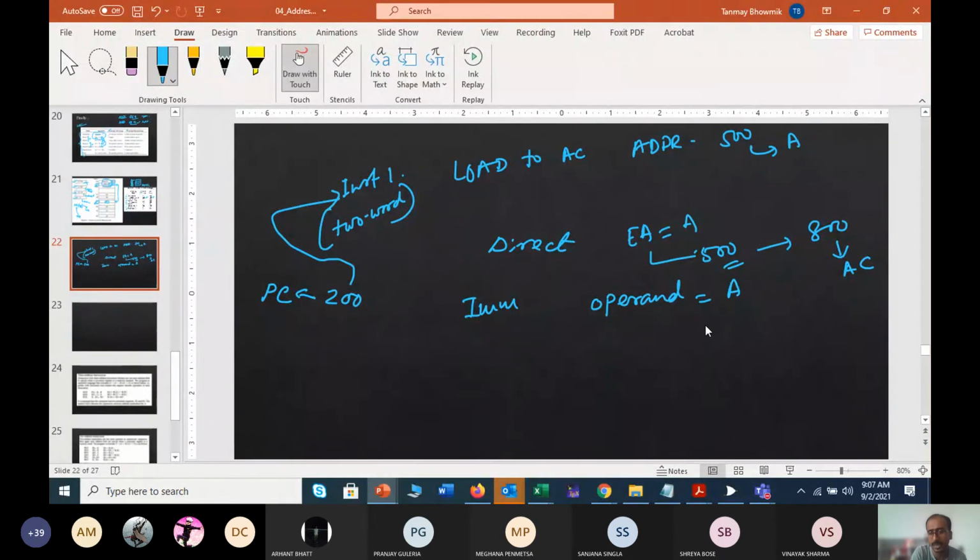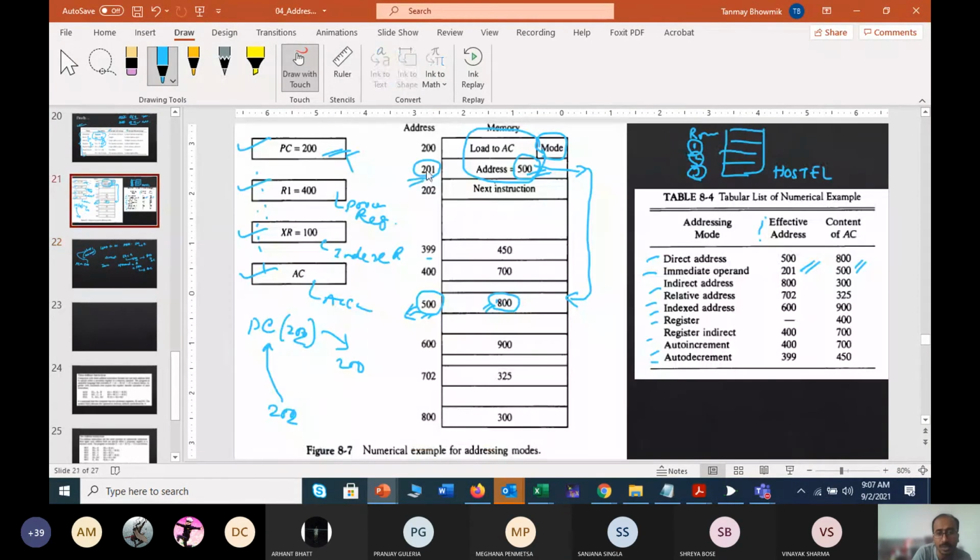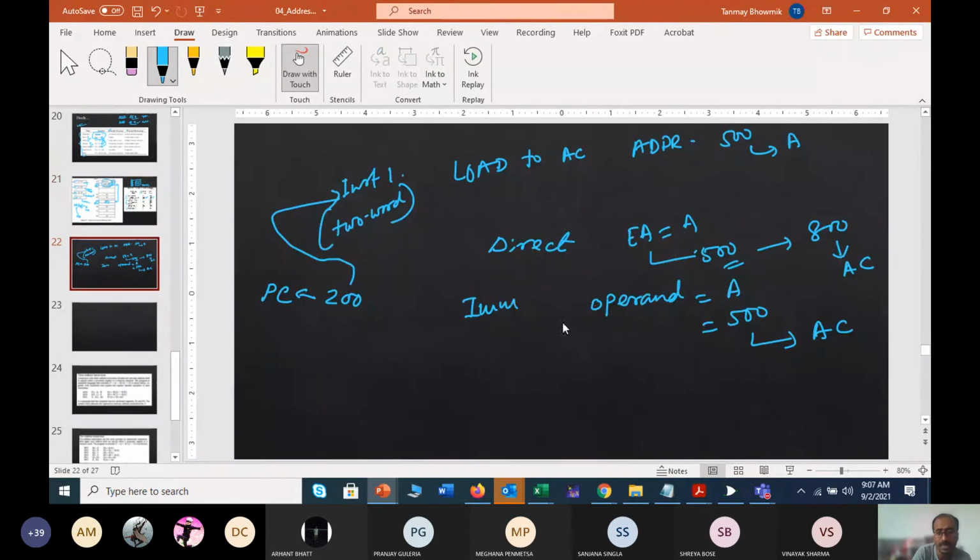Now this operand will be moved to the accumulator, so your accumulator content will be 500 this time. And from which location it was operating, you can clearly see 200 to 201. So in that case your effective memory address will be 201.